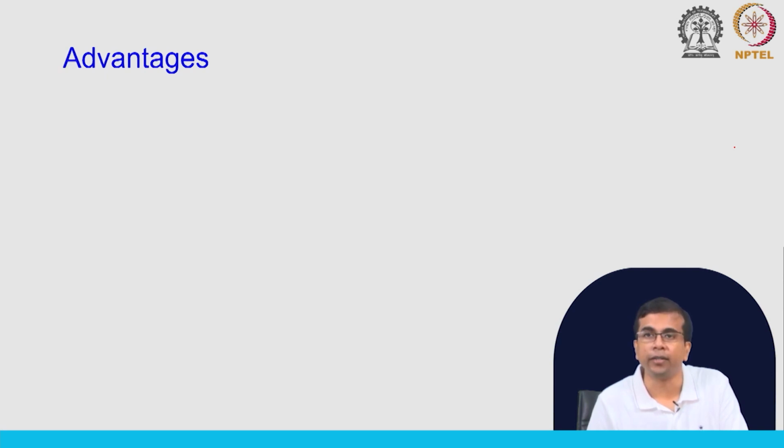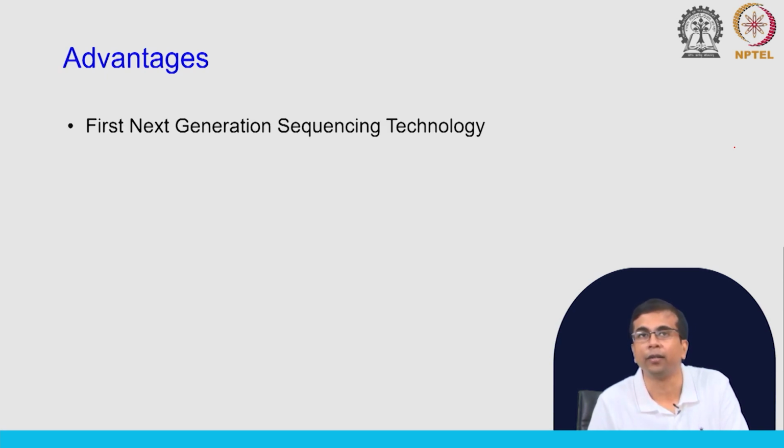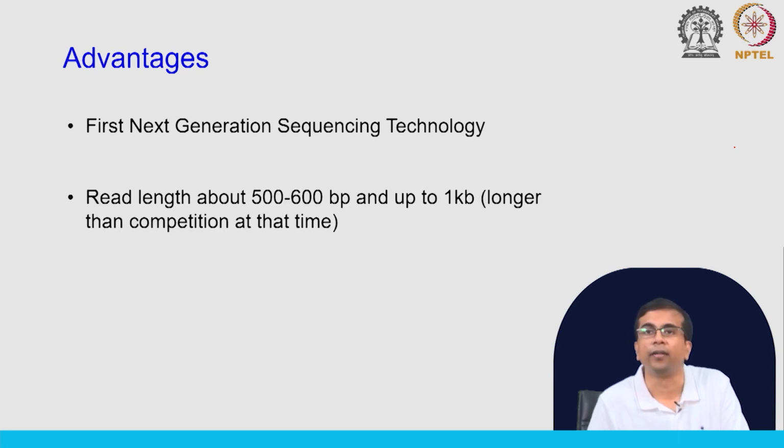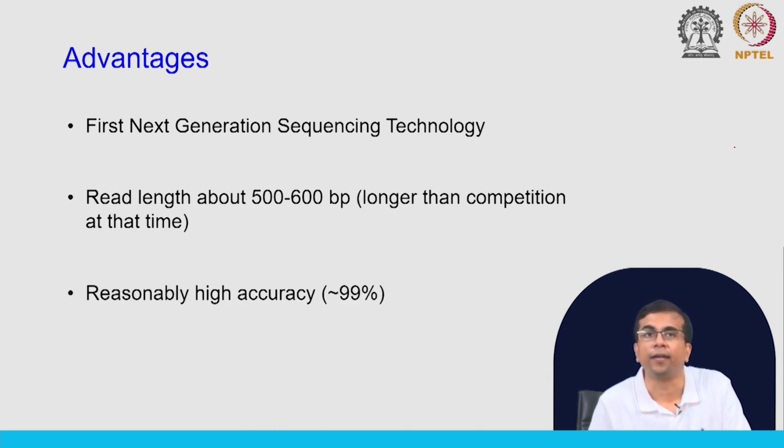What are the advantages of 454? So, this was the first method as I mentioned, right. So, it had tremendous popularity, right. So, there was much research work done using this technology. The read length was about 500 to 600 base pairs and up to 1 kb in some cases, and this was longer than the competition at that time. So, let us say on average it was around 500 to 600 base pairs. It had reasonably high accuracy, about 99%. So, that is quite good, right. So, you had only 1% error in the data,